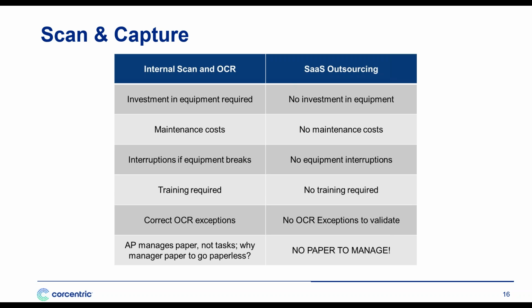So as an alternative to managing this process in-house, more organizations are looking at SaaS outsourcing, cloud-based outsourcing. In this approach, you no longer need to invest in equipment or in annual maintenance costs. You have no risk of having your solution go down because the equipment is broken. You don't have to train your internal staff. You don't have to resolve any discrepancies in data. And you don't have any paper to manage. It's all been offloaded on a third party who's holding the bag and who is committed to service level agreements with you. So you can have peace of mind that the work's going to get done appropriately, on time, and